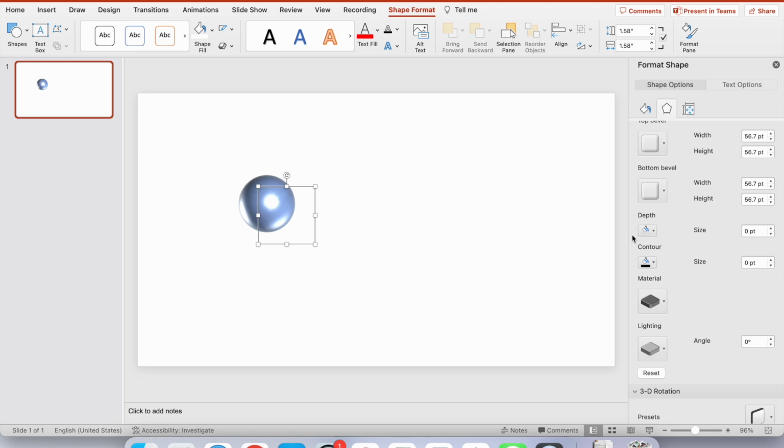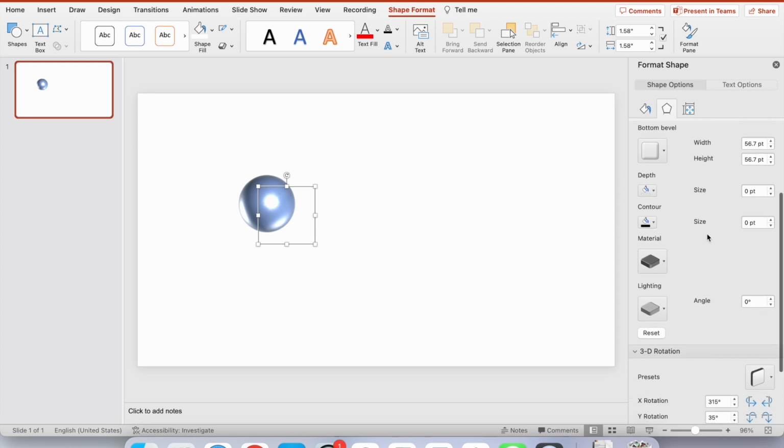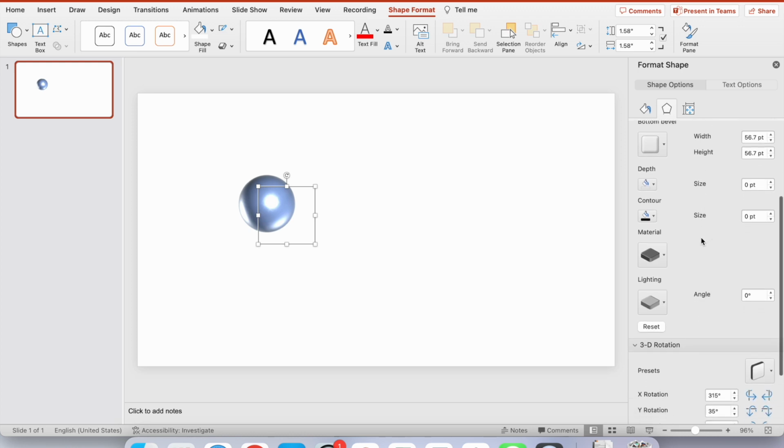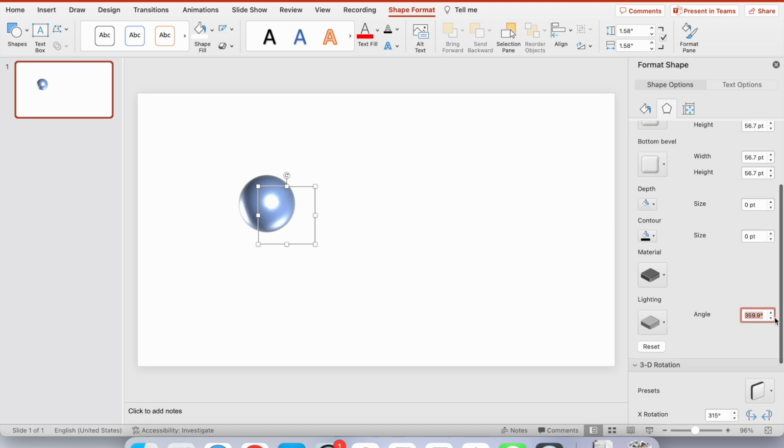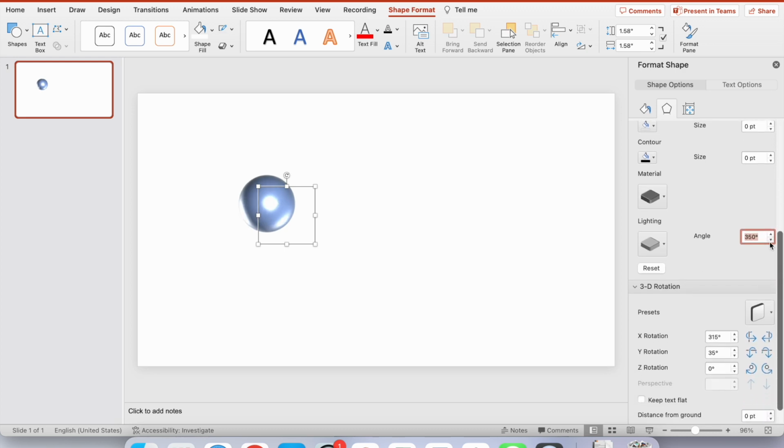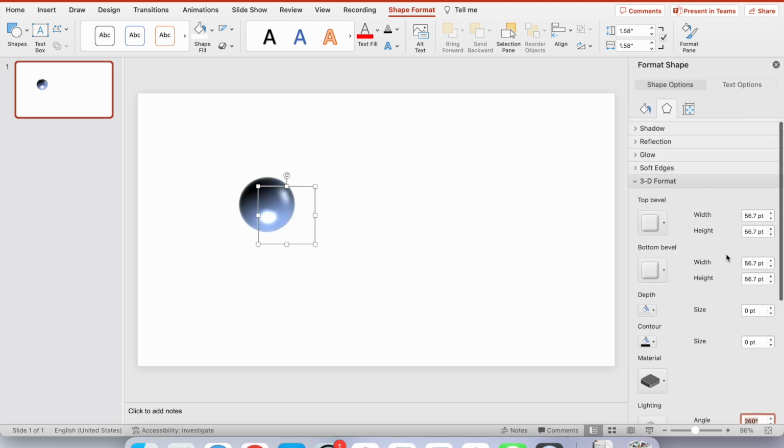Now it looks like metal because it has strong reflection, and the reflection angle you can change. You can change the reflection by changing the angle of the lighting. Like if I change the angle of the lighting, the reflection changes. To make it more like a real 3D component,